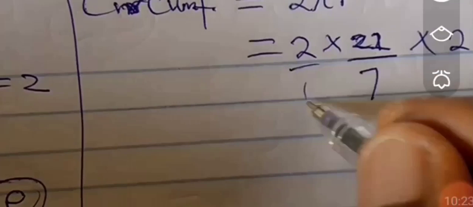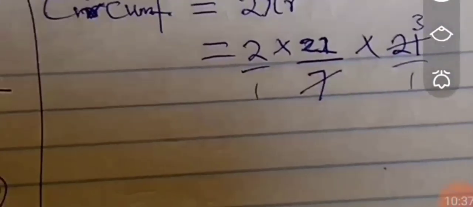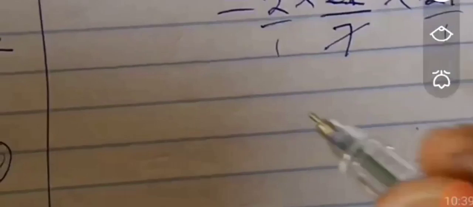Now you can say this over 1, this over 1 if you like. So 7 will cancel 21, we have 3. That is 21 divided by 7. You know that numbers below can divide numbers above, and numbers above can divide numbers below if they can divide themselves. So at the end of the day, in the denominator we don't have any number, they are all 1, so we just leave that. So 2 times 22, we have 44